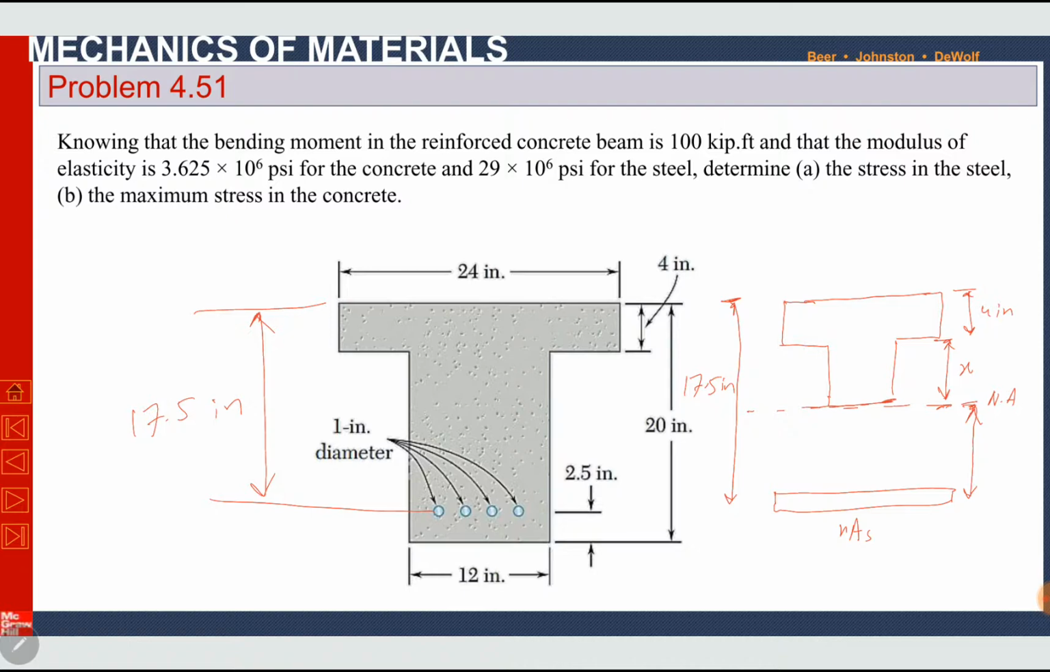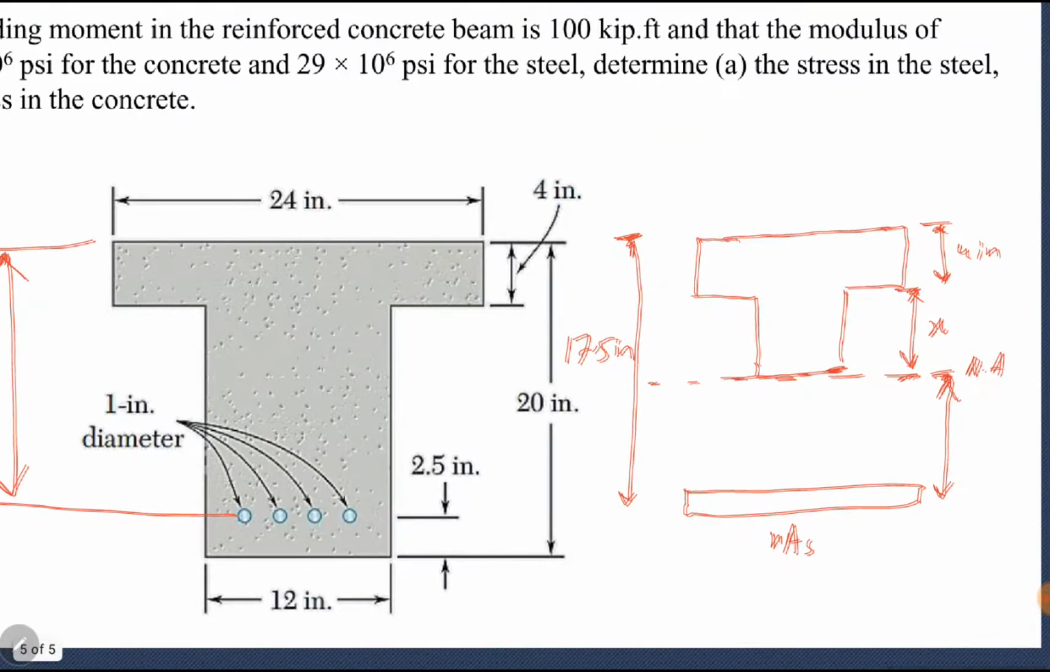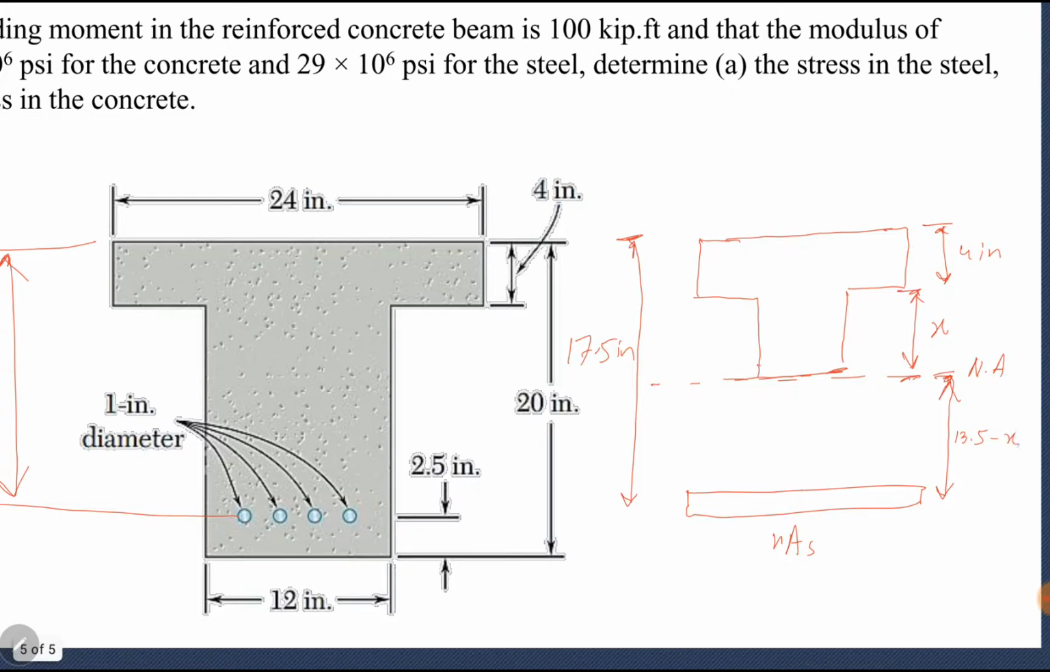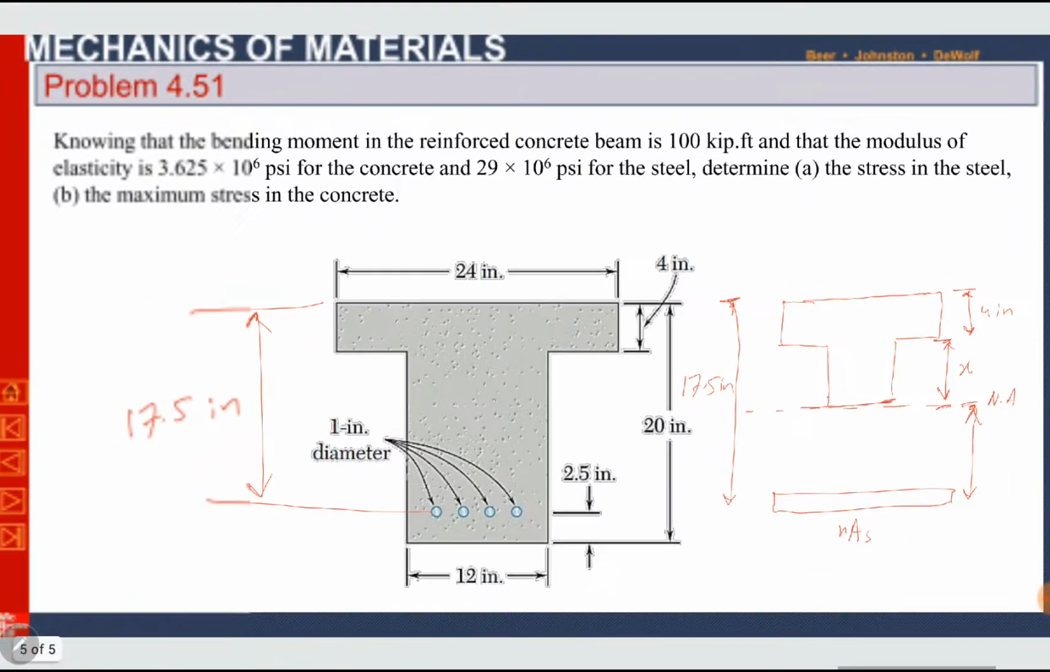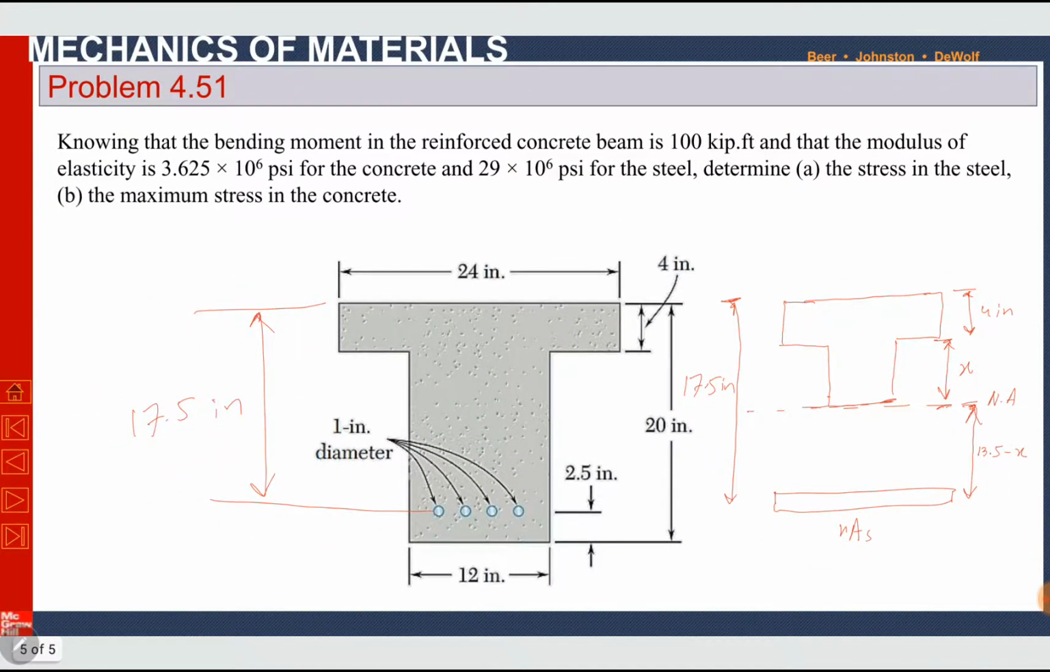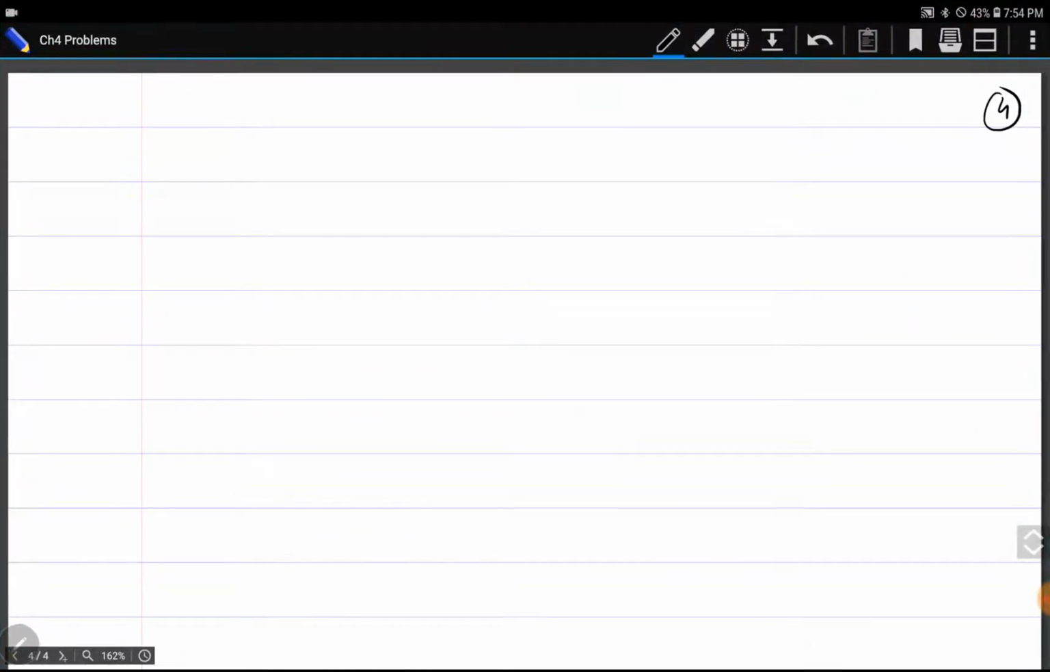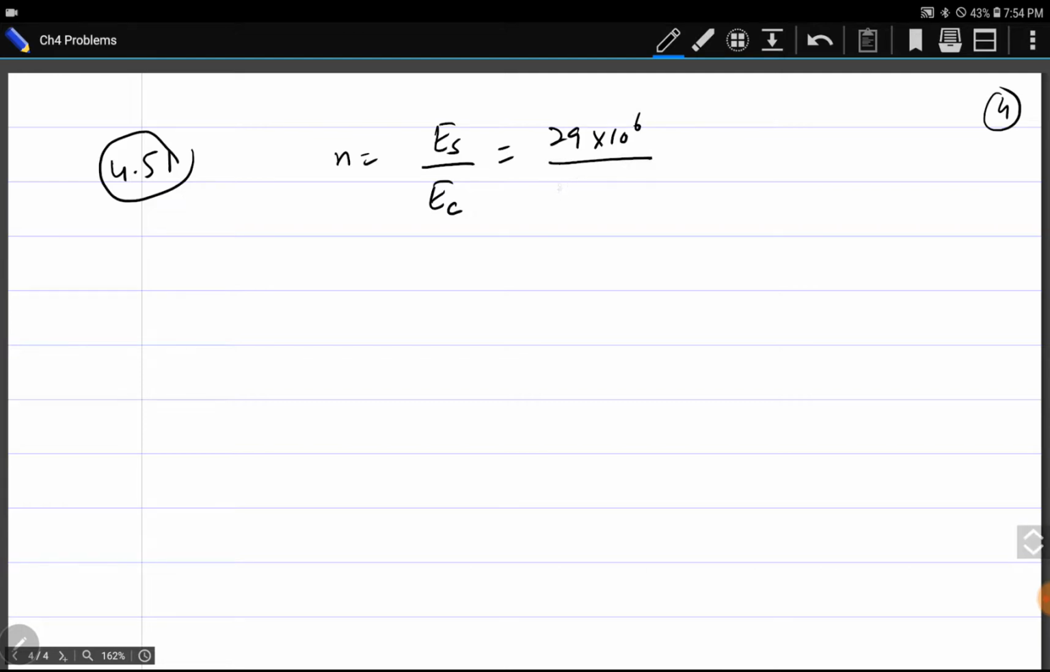17.5 minus 4 becomes 13.5. So it is 13.5 minus x. Okay, I will draw this figure here. Before that, we will find n. N is E for steel divided by E for concrete. E for steel is 29 into 10 power 6 psi, and E for concrete is